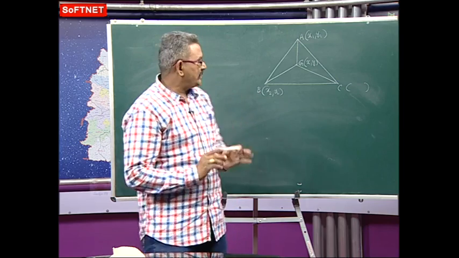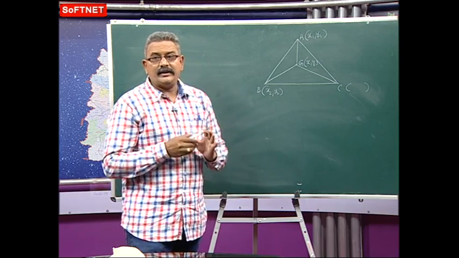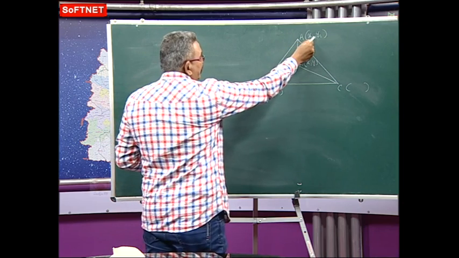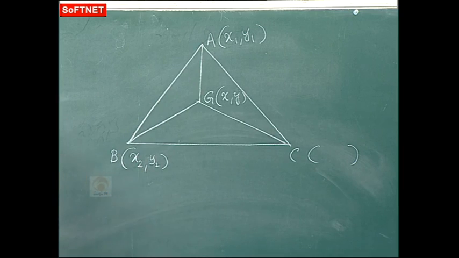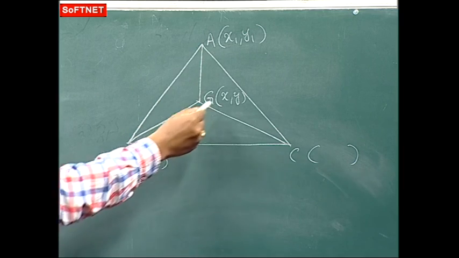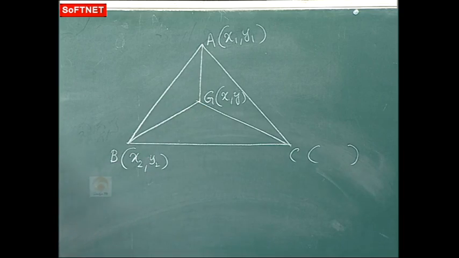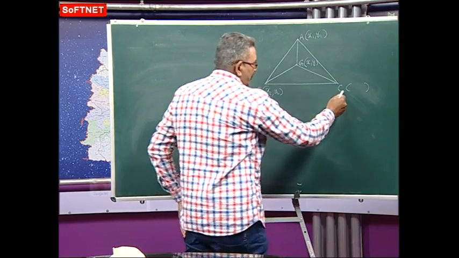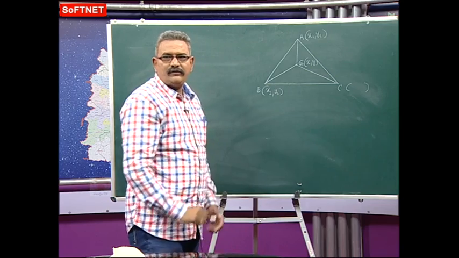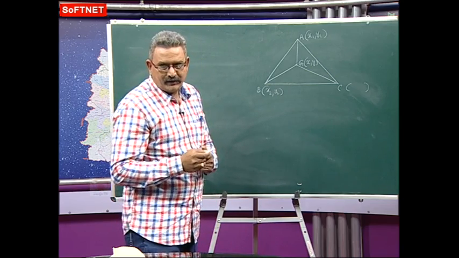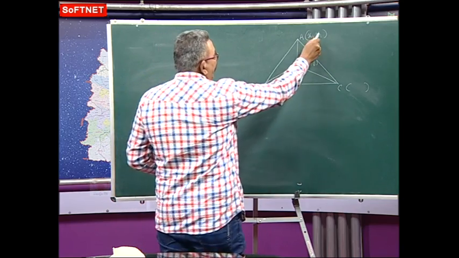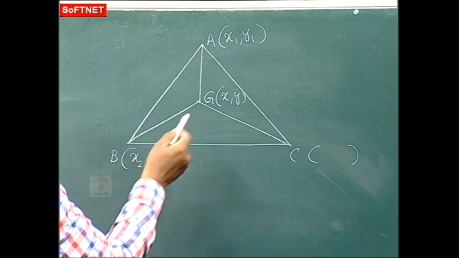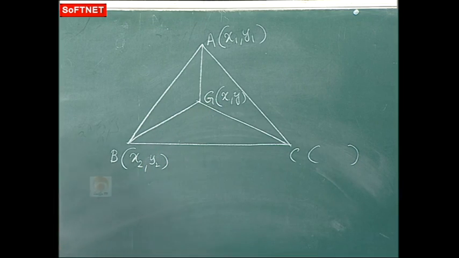Simply you do one thing, add x1 and x2, subtract from x, you get the x coordinate of C. If you want to find the y coordinate of C, add y1 and y2, and subtract it from y. So we can remember the third vertex like this,